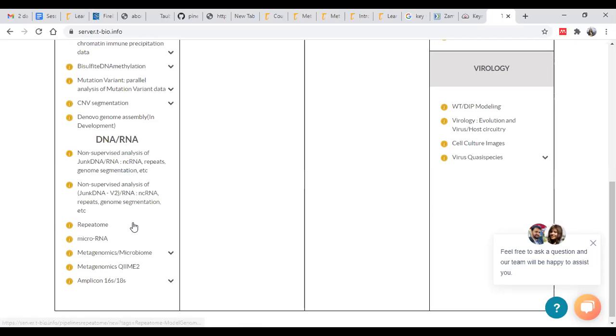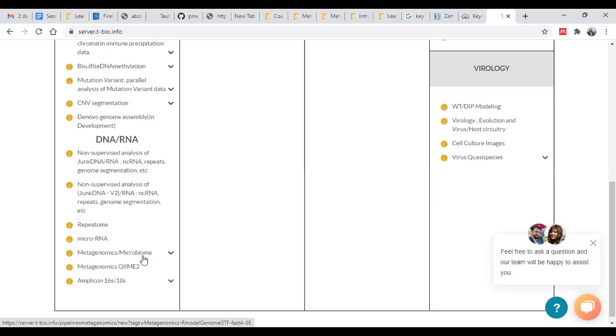So here under DNA and RNA, the third pipeline from the bottom is metagenome and microbiome. Those assignments are in the courses.